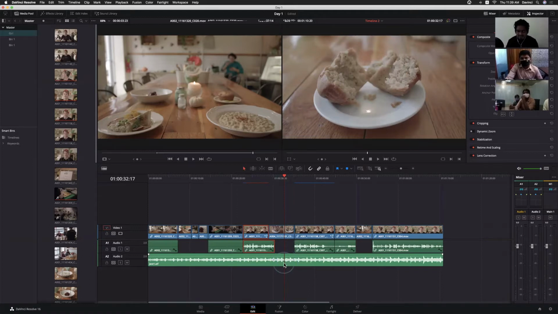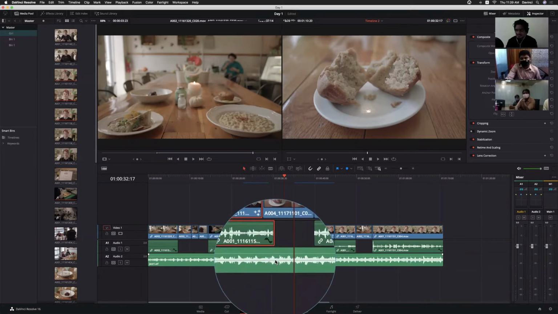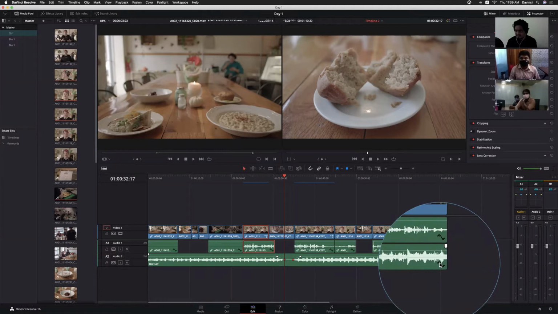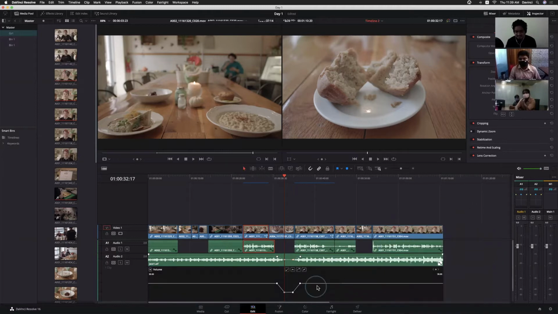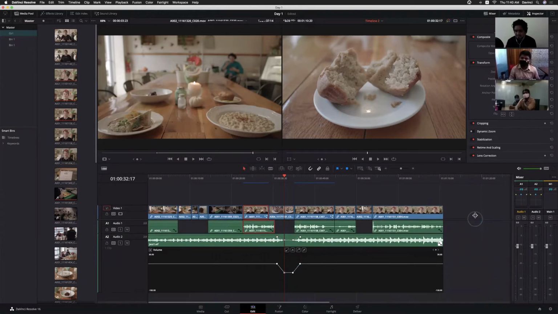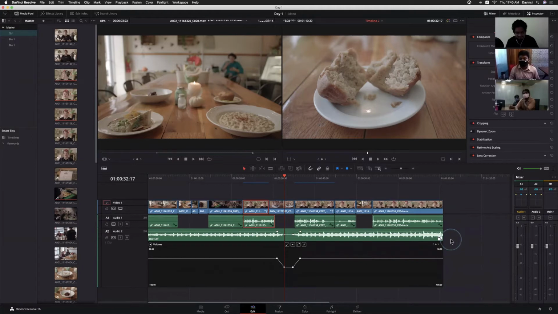We can do it manually, right? We can assign keyframes by holding the Option key, and once we add keyframes here, you will get the curve here itself. But this is not automation. We can adjust the keyframing and curving and everything. But to do the automation,